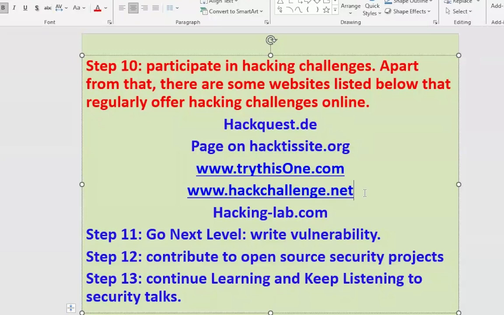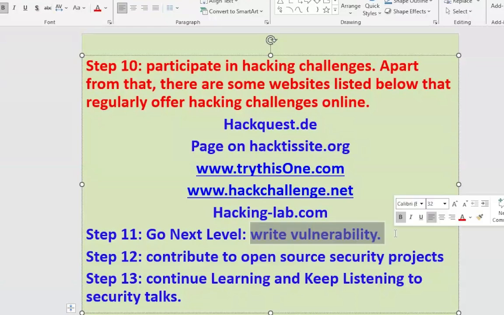Then the next level is writing vulnerability. Now you already know what hacking is and how to do hacking; you have the skills. When you start your roadmap, you have to start with writing vulnerability. Vulnerability is finding the flaws and weaknesses. Suppose I am going to hack you, your company, your website. I first find what the weaknesses are. Suppose I am going to your house and I find there is no door key, no door lock. These are the vulnerability areas through which a thief can enter.